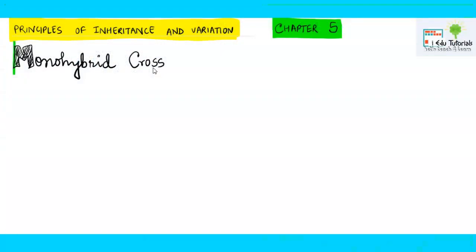Hello everyone, in this video we will be talking about monohybrid cross. Now mono always means single and hybrid means that crossing will be done. So Mendel was the one who initiated the experiments in genetics and he started with the pea plant. His first genetic cross was monohybrid cross in which inheritance of a single character was traced. So he took a single character when he was doing the monohybrid cross, and let's study how he progressed.